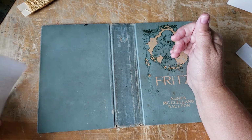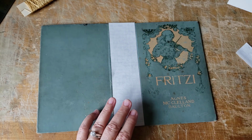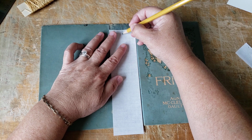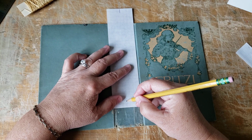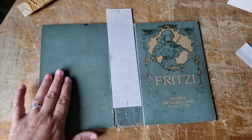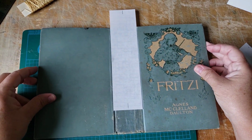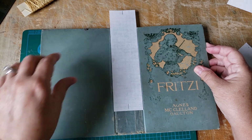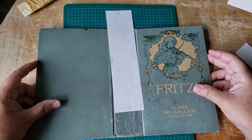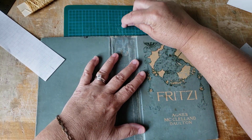I used graph paper on the outside because I want to make sure that my threads are even. Now what I'm doing here is I'm just marking the center line so that I know that I can get it pretty well centered on this, and it helps to put something with grid marks behind your book too. So then you can pretty well follow your grid lines here and here, and that way I can see there's the center,